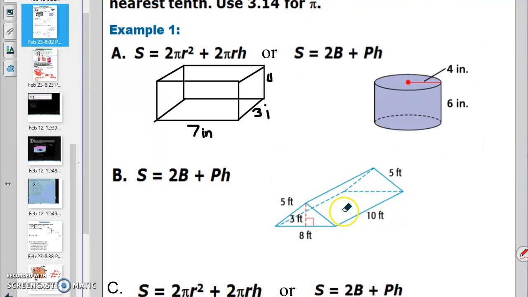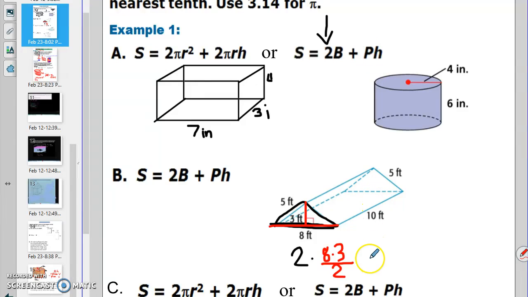Next, we'll do a triangular prism. So in a triangular prism, the triangles are the bases. So we want to be careful that we're not thinking the rectangle in the bottom is the base. So it's 2 times the area of the base, and a triangle is base times height, and then we cut it in half. So it'd be 8 times 3 cut in half. That's how we find the area of a triangle, plus